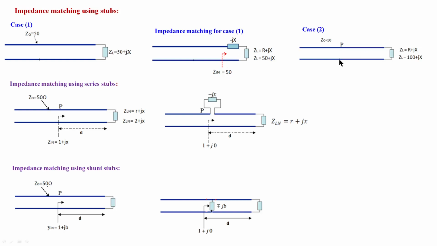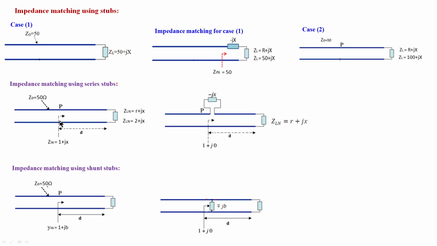See, 50 ohm means the normalized value is 1. I have taken z not equal to 50, go on moving like this and stop wherever the real part of impedance is 1, because impedance changes as you move. Real part of 50 ohm and x value, whatever it is, you stop and note down the x value. If the impedance is 50 plus something, then normalized it will become 1 plus jx.